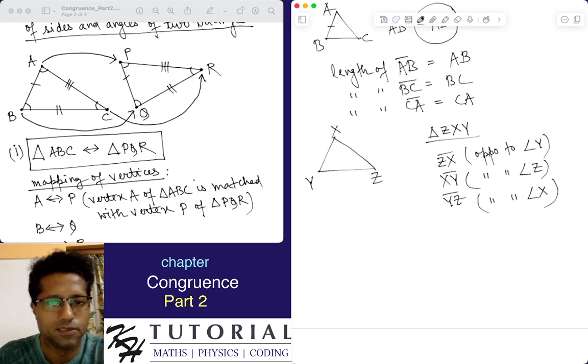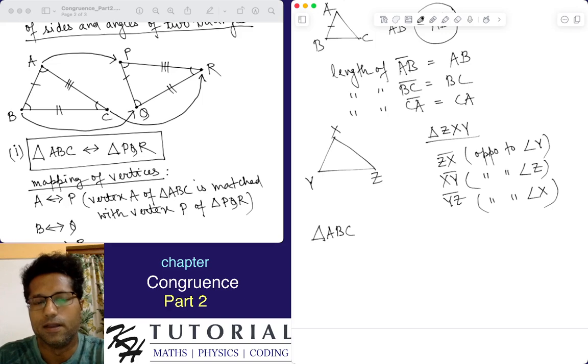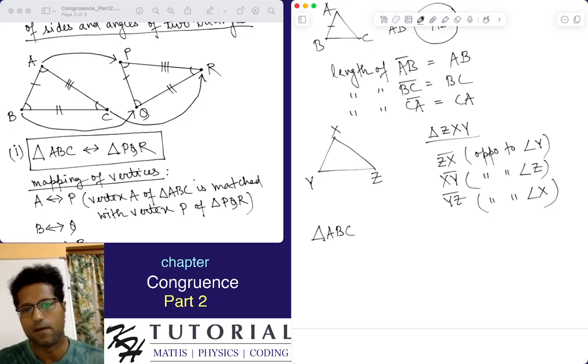This is done with a syntax. The first triangle, let's say, is ABC, and when I say that I'm creating a matching or correspondence between triangle ABC and triangle PQR,